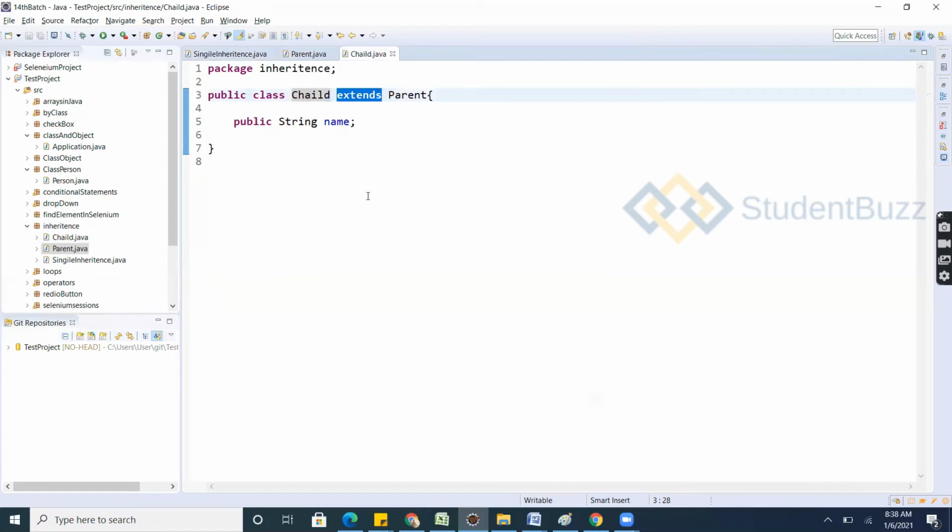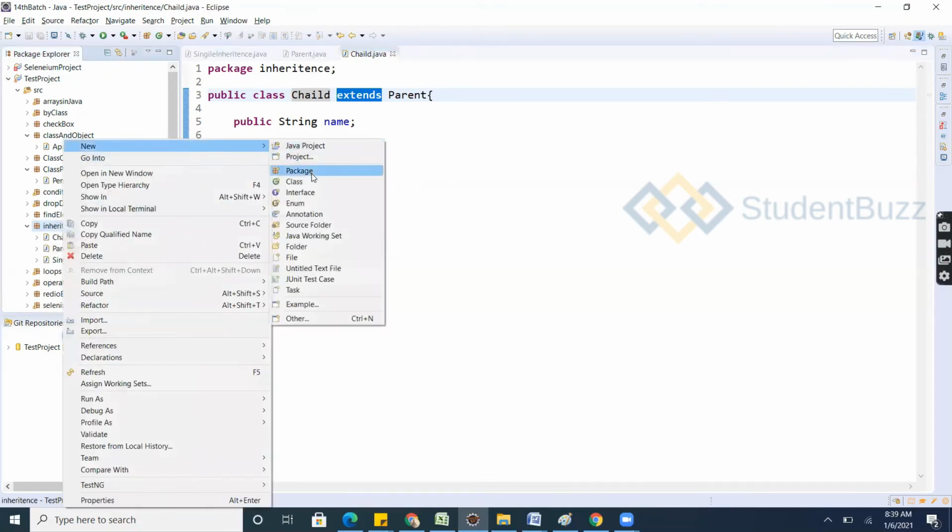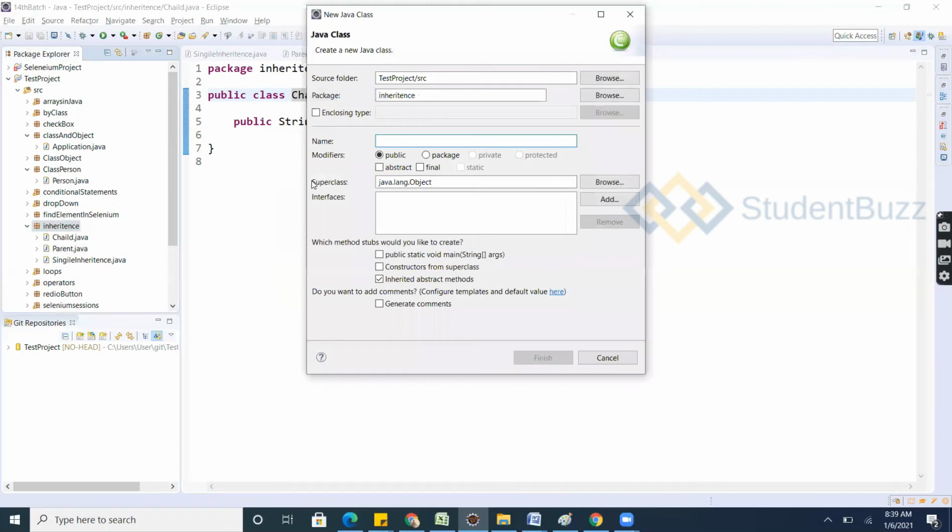The child also got a parent, because the child is having another child. So what will happen? A grandchild, right? Let's create a class of grandchild.